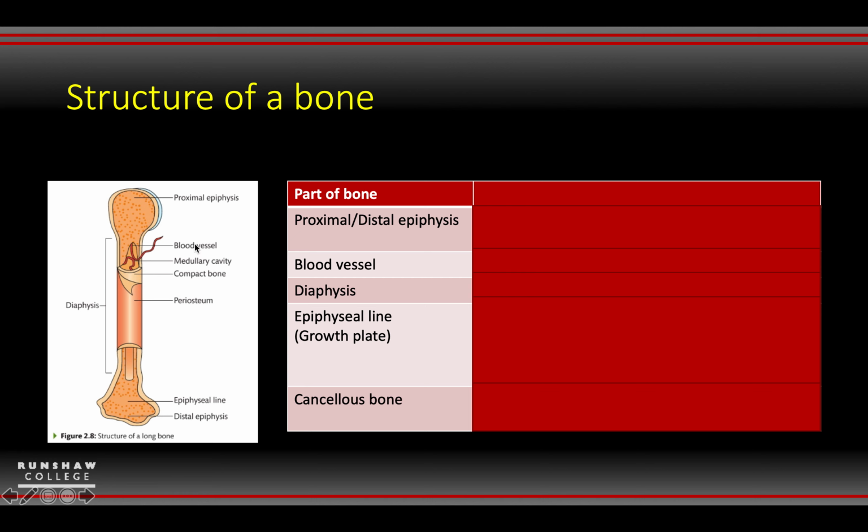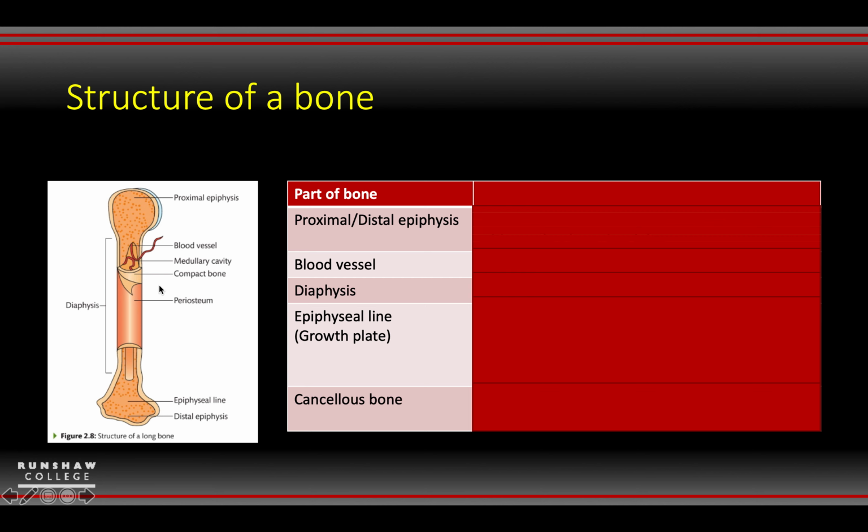Looking at the full bone then, you've got the proximal end, which is the bit that would be closest to the body. The distal end would be further away. So in this case we could assume this is a humerus. So you can see the articular cartilage around the outside on the top. Okay, you've got your medullary cavity in there, your red blood cells, your blood vessels, compact bone as mentioned, and